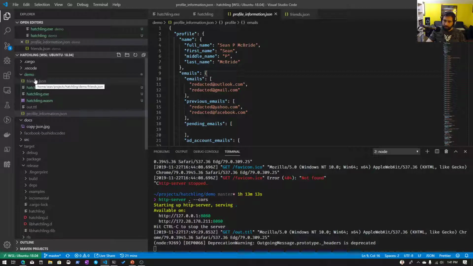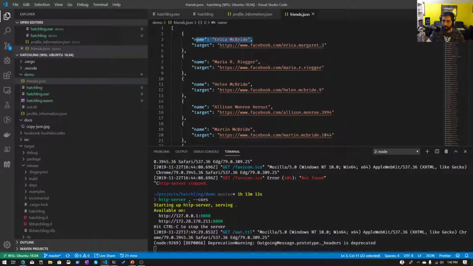And I also have a second file here called friends.json. This is something that I've created a special script to pull, because one of the problems with the Facebook data extraction tool is they provide only the first and last name of your friends. And it turns out just human names aren't all that great because they're not unique, right? So my name is Sean McBride. I think there's probably over 100,000 Sean McBrides in the world because it's a pretty common Irish and Irish American name. So if you want to be able to identify which of the 100,000 Sean McBrides you're talking about,